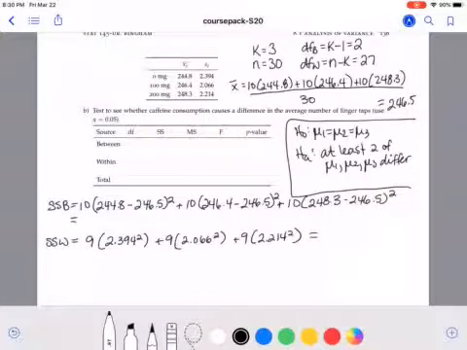In example 8.1.5, we are looking at if caffeine consumption has an effect on twitch movements. So 30 subjects were randomly assigned to one of three groups, 10 people per group. They were given a tablet with either 0, 100, or 200 milligrams of caffeine, and then 2 hours later they're